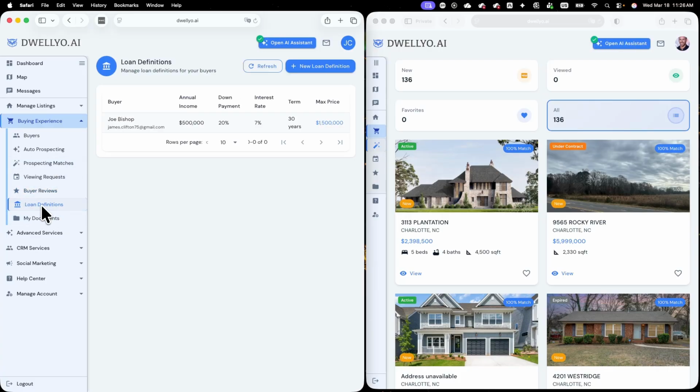Now down here under loan definitions, and again, one of the key advantages of Dwellyo is that we're really trying to bring together the lender, the buyer, and the agent all working together on this same deal. So if they have a relationship with a lender, they've gone through the pre-approval process, the lender will enter that pre-approval into the system, and then a buyer will have the opportunity to filter out homes that don't match their approval criteria. If they're still in the process of looking for a particular lender to go through that approval process with,